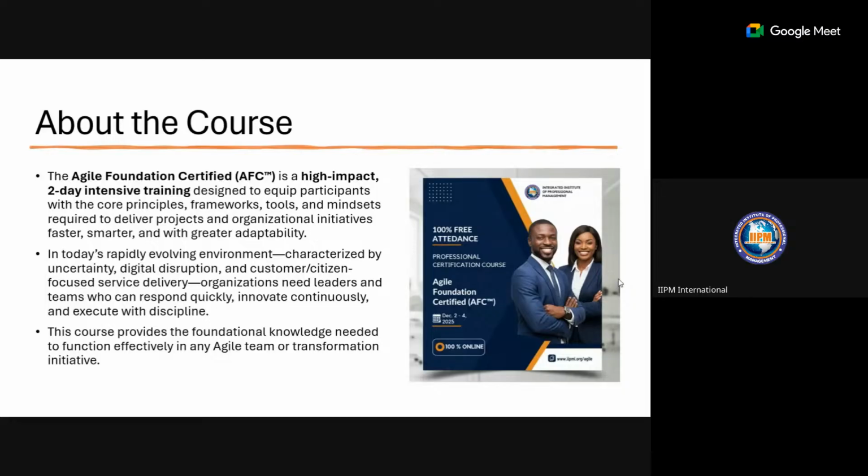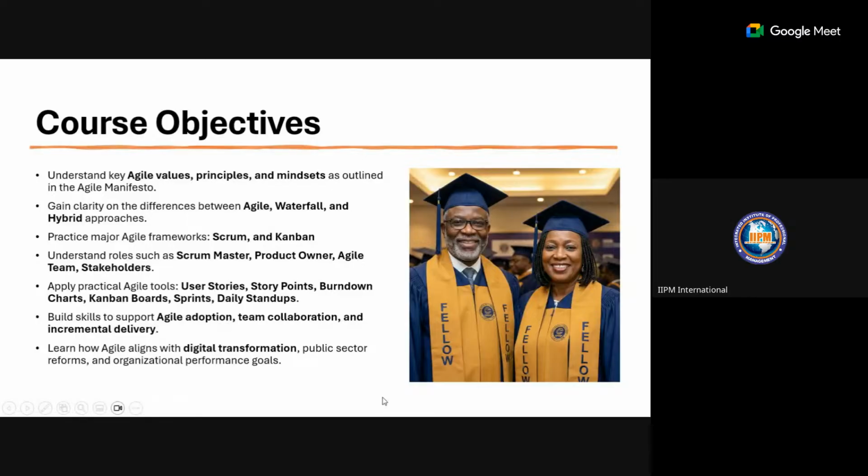Okay, thank you. All right, now let's quickly review the objectives and see if we were able to achieve them. The objectives say we will be able to understand the key Agile values, principles, and mindsets, gain clarity on the difference between Agile, waterfall, and hybrid approaches, and practice major Agile frameworks like Scrum and Kanban. In this case, we also included the discipline Agile.